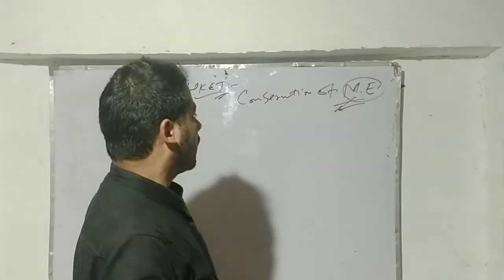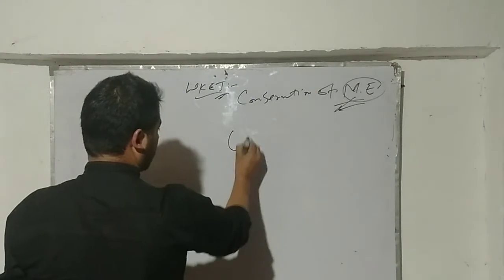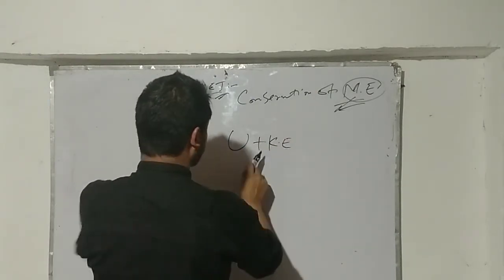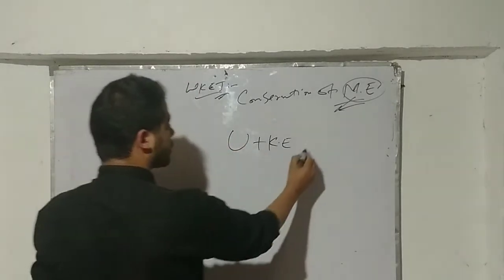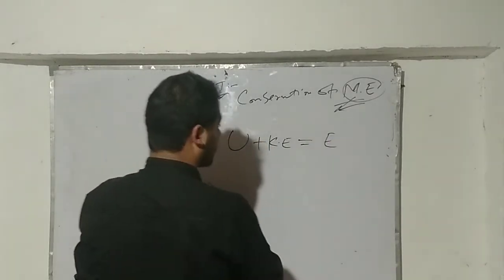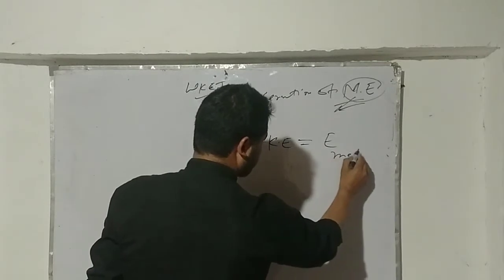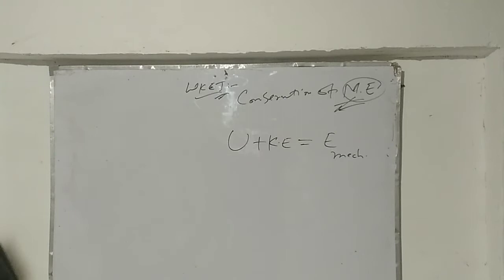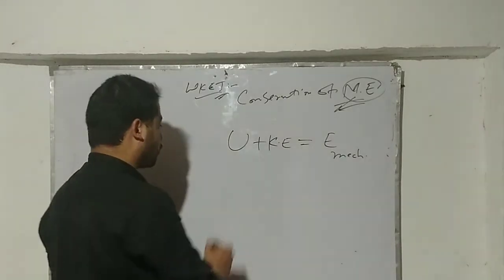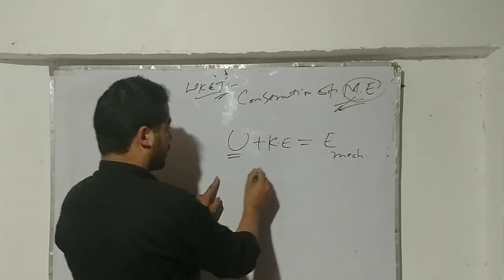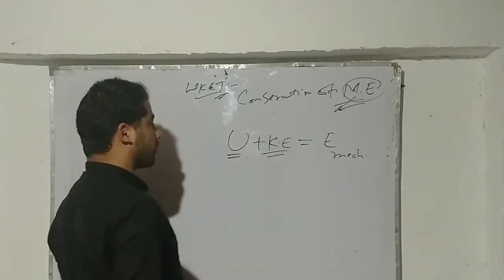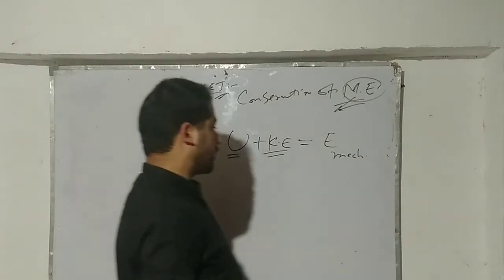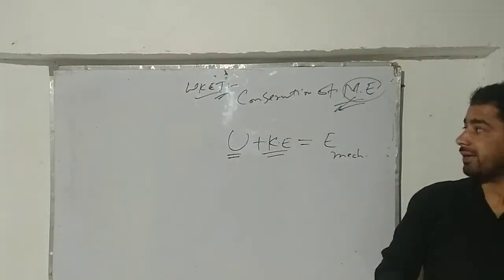As you know, it is the potential energy plus the kinetic energy. The sum of the potential and kinetic energy for a given system is defined as the mechanical energy. Basically, the mechanical energy is composed of two parts: a potential part and a kinetic energy part. When we sum these two parts, we get the whole energy of a system.